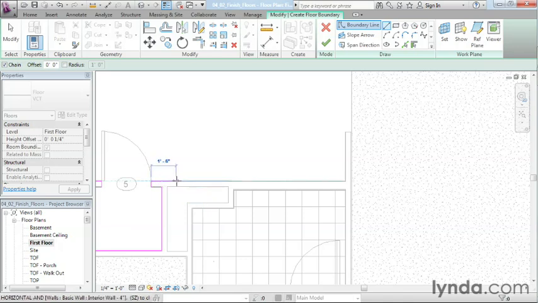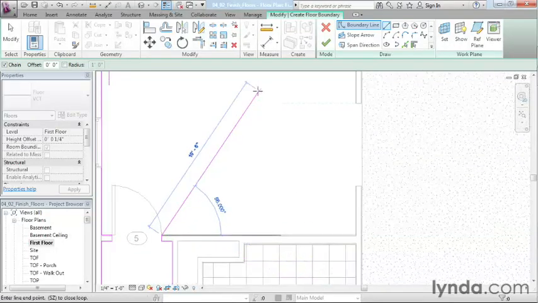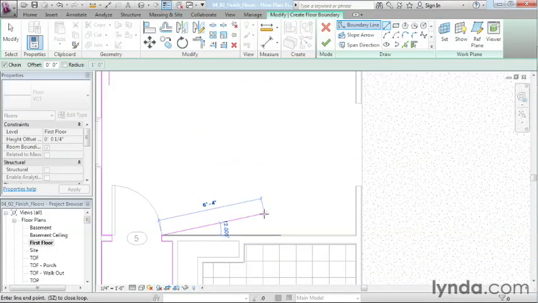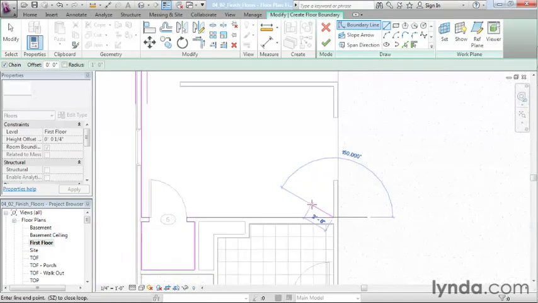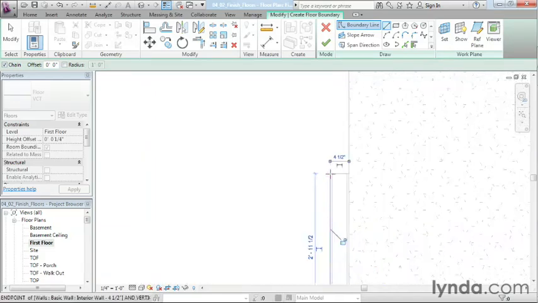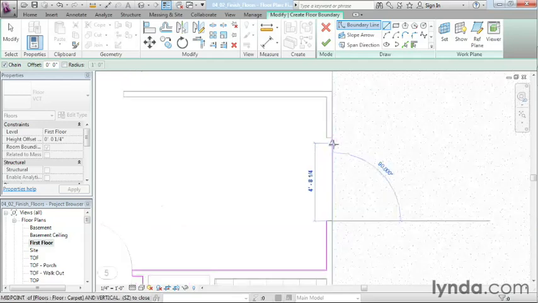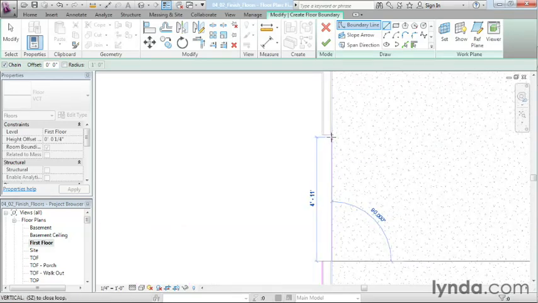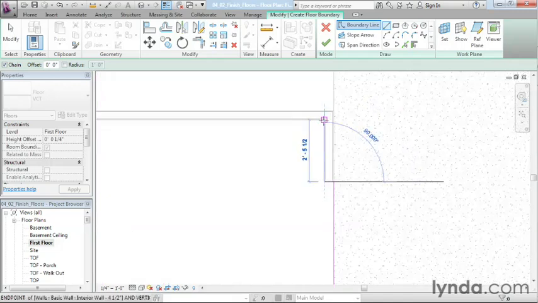This is another spot where I have to make one of those decisions because there's going to be cabinetry right here as well as up here. Do I want to put this tile floor underneath it, because really when you're constructing it, you wouldn't. I'm going to make the same decision that I made down here. Because I'm not going to see it, I'm not going to be taking material quantity takeoffs off of it. I'm going to place it underneath my cabinetry, because it's easier for me to draw this floor in now,